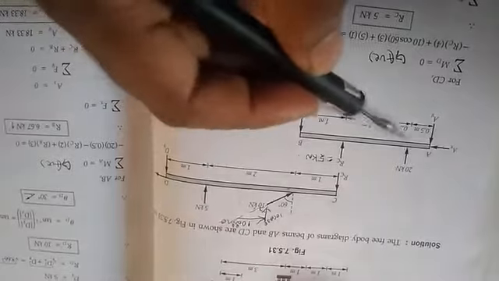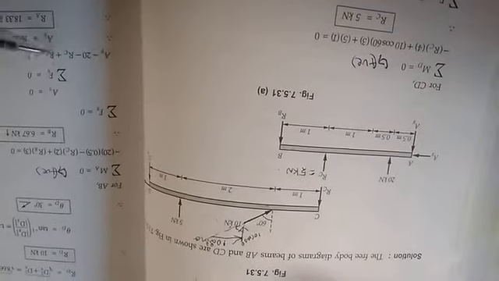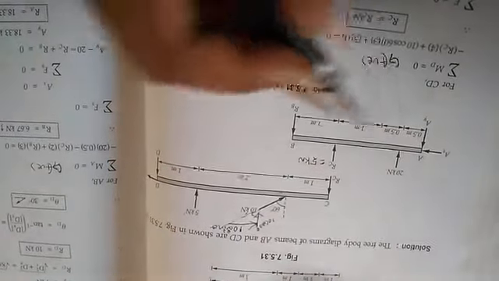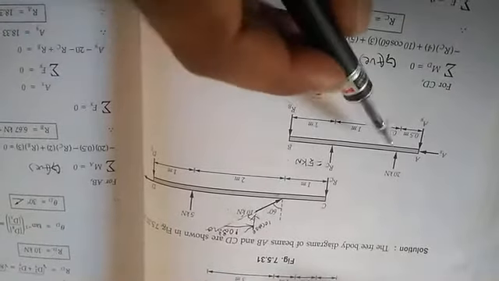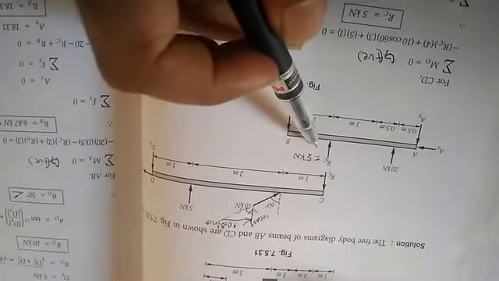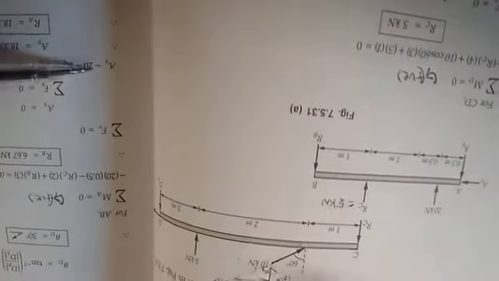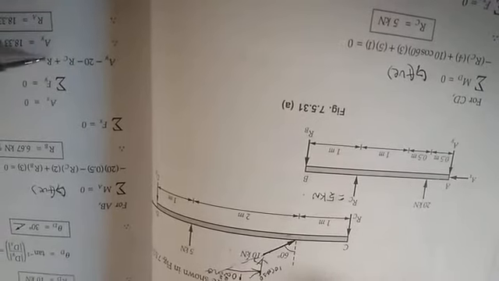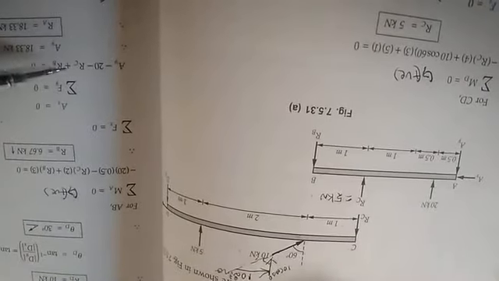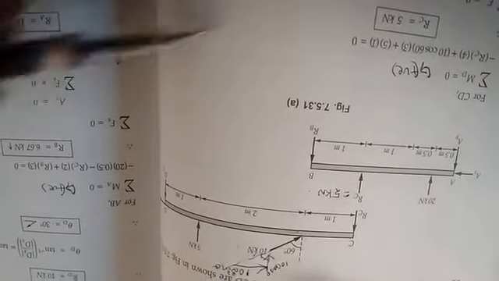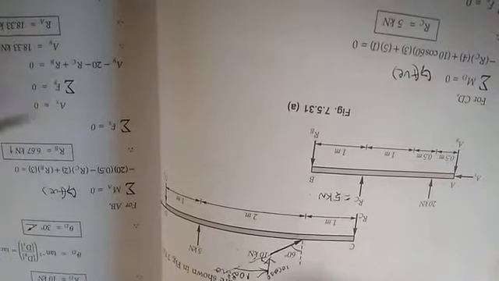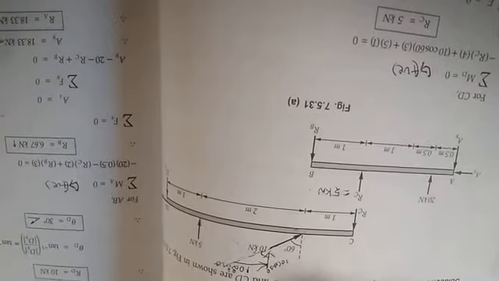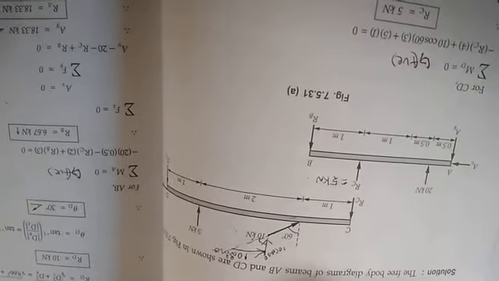Okay, so take upward direction as positive, summation of vertical forces is equal to 0. AY and RB are positive because both are moving in upward direction, and minus 20 and RC 5 kilonewtons are negative. In this equation the only unknown is AY. RC value is already determined, that is 5 kilonewton, and RB value is 6.67. Substitute the values of RC and RB and find out AY. So the AY value is 18.33 kilonewton.